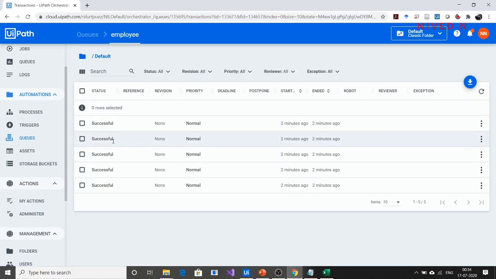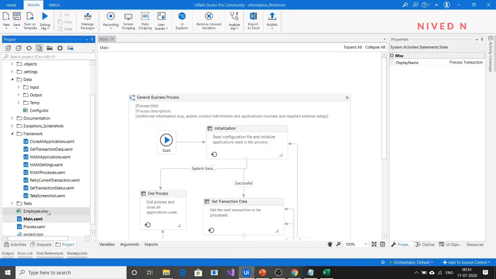Earlier the status was New, but when these queue items were processed, they became transactions, and the status of each transaction has changed to Successful, since all of this occurred successfully. Why this happened, I told you in my earlier tutorials, in tutorial 1.1: why the transaction status changes. It is through the Set Transaction Status file.